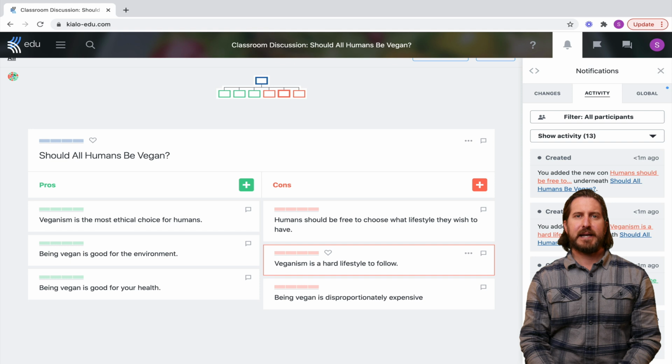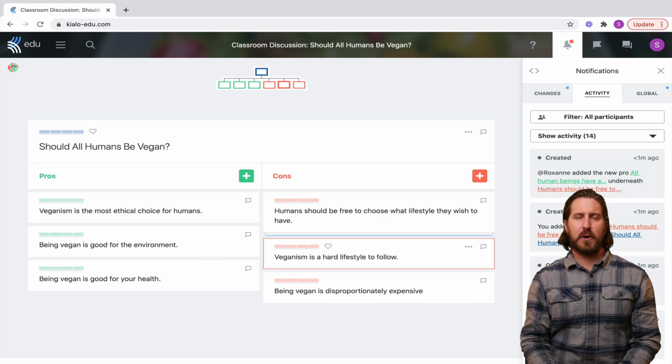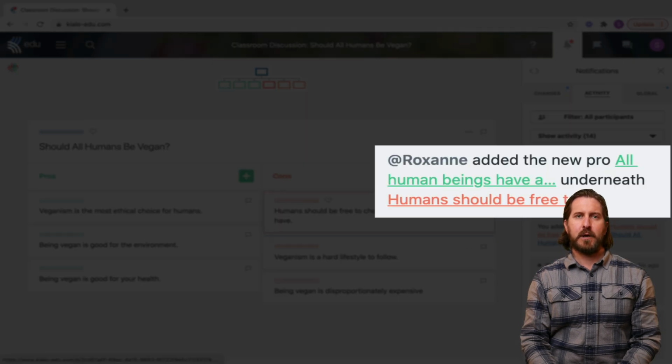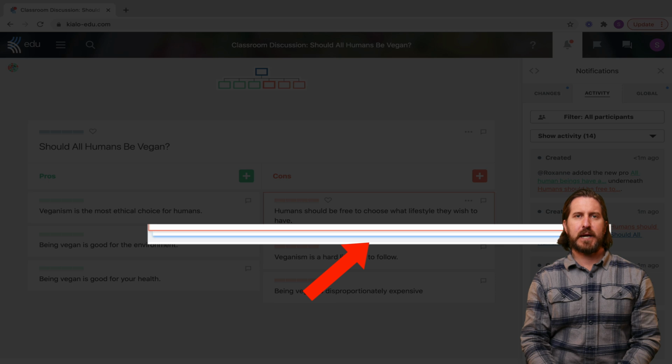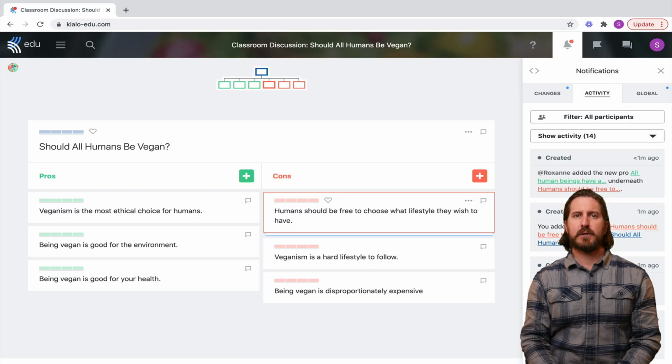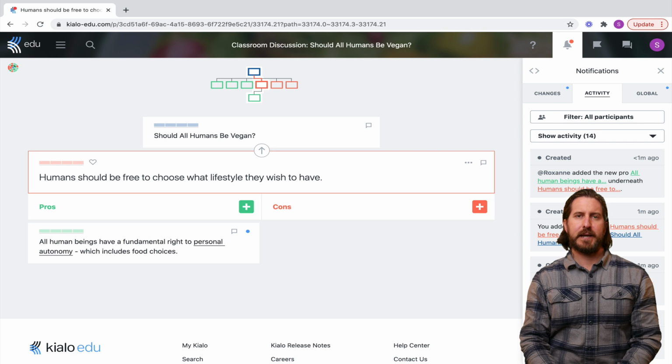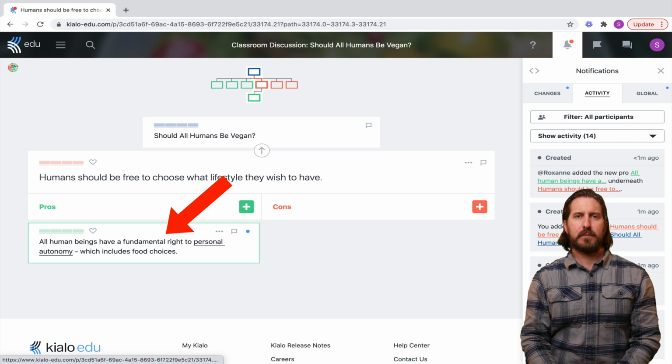Now that students have been invited, they can join the debate and start adding their own arguments. And one of the places where we can look to find the new arguments that they're adding is in the activity feed. Now that a student has added their own argument, we'll also see a blue line showing up underneath one of the claims so that we can see where new arguments have been added. And when we click on the claim, we'll be able to see whether or not their argument supports the claim or goes against it. And then we'll also be able to see that new argument that they just added show up in the debate tree above.